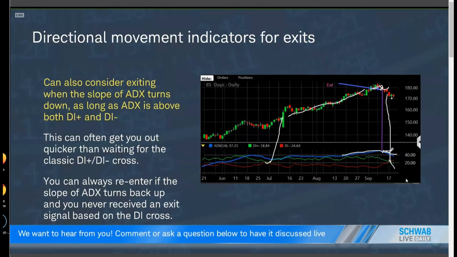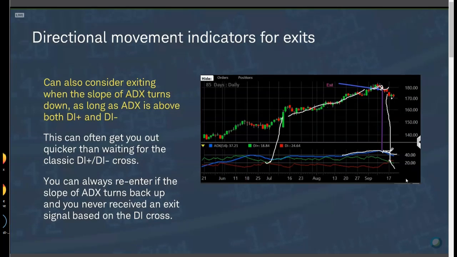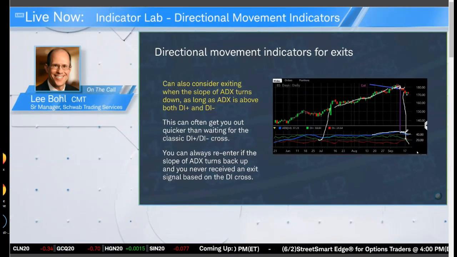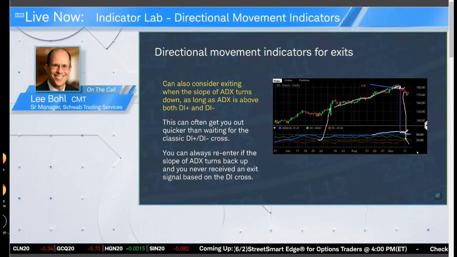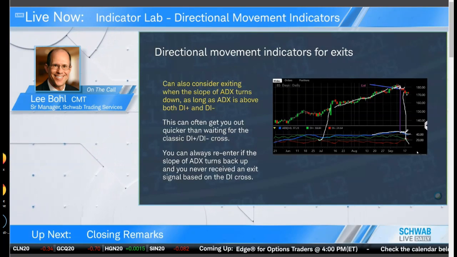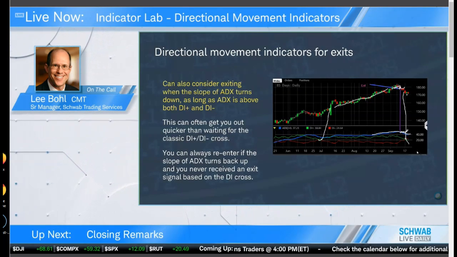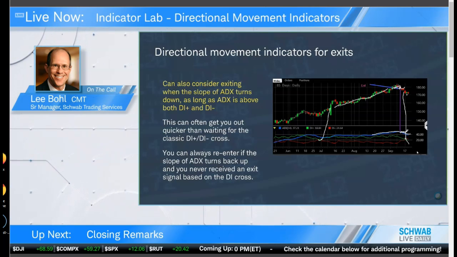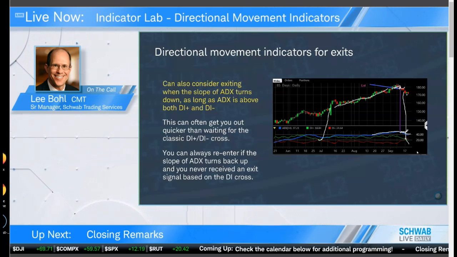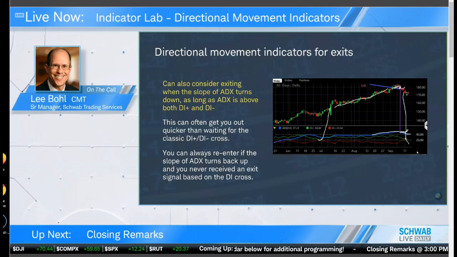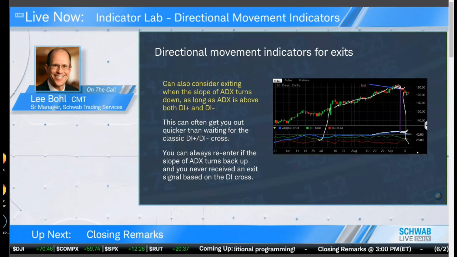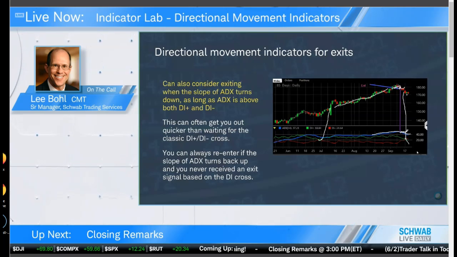So let's go over the questions. Is ADX a leading or lagging indicator? Well, it's lagging. Most technical indicators are lagging. The only one that's really leading is pivot points, because it attempts to predict the next day's intraday support and resistance levels. But most, I would say all, trend following indicators are lagging. The only way that you can use a lagging indicator as a leading indicator is with momentum indicators,